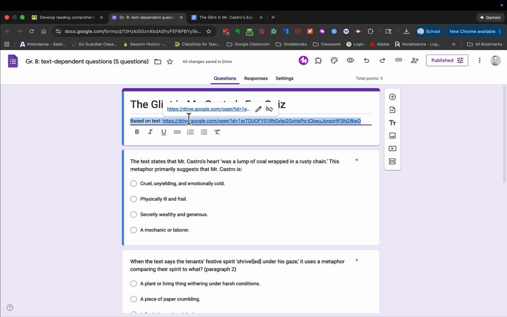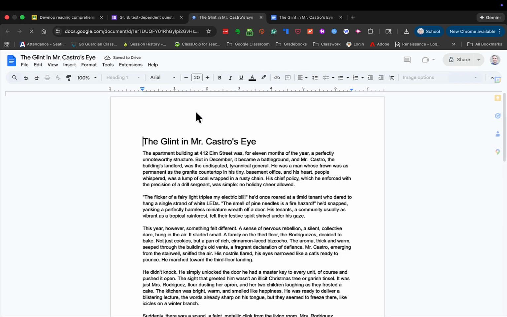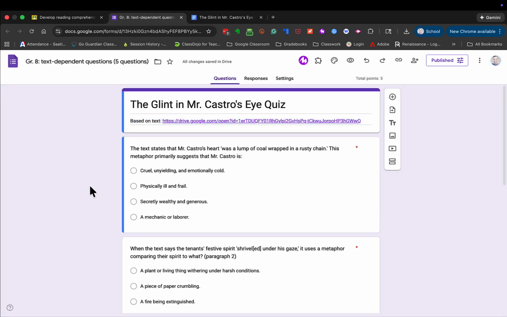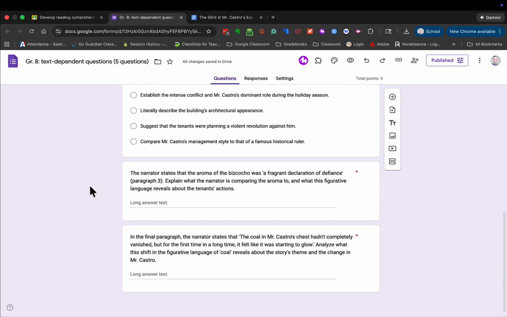my question. And actually, if students click on this, it can take them right to the text. So you can actually build all of this in. But this obviously has more practical applications. This is a fun little example right before the holidays. But you can use it really just for any sort of reading comprehension quiz, make it a little bit more personalized, get students a little bit more invested in it,